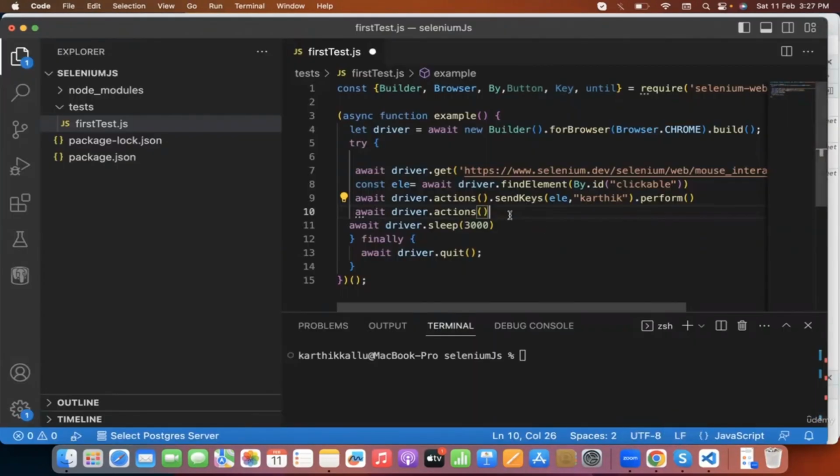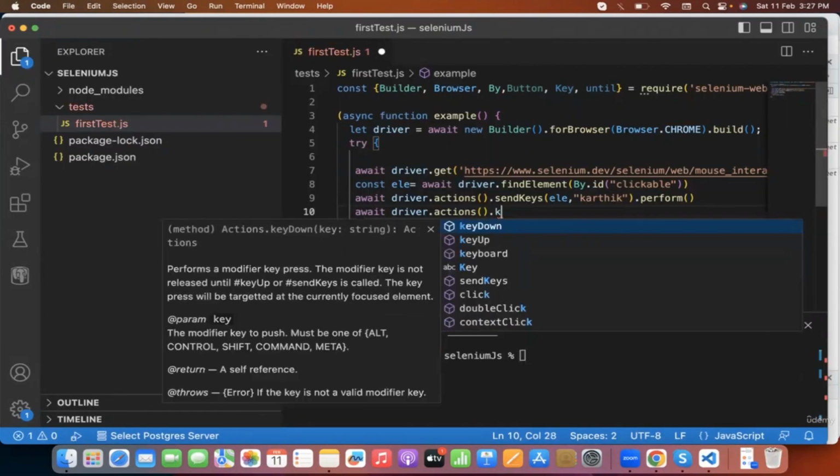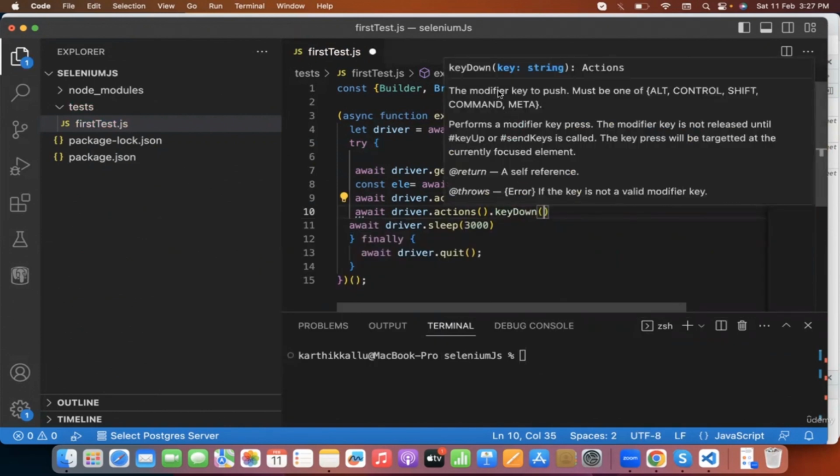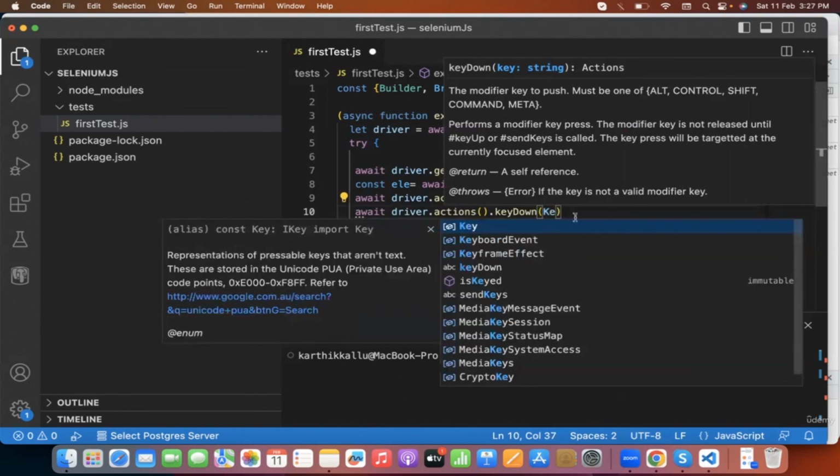Okay, so we have this key down method, right? You need to use it. Let me hover on it. You can see here. So this is a modifier key to push. Okay, must be one of the alt control shift command meta. Okay, so it is saying you must use any of these things. Okay, so I will say key dot